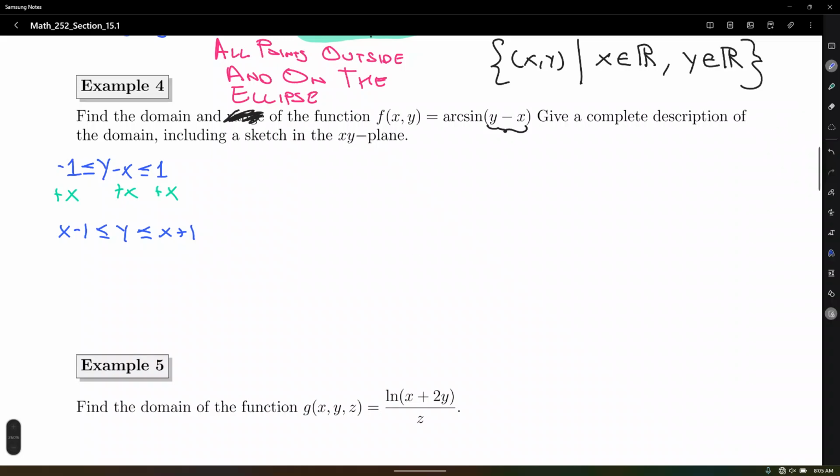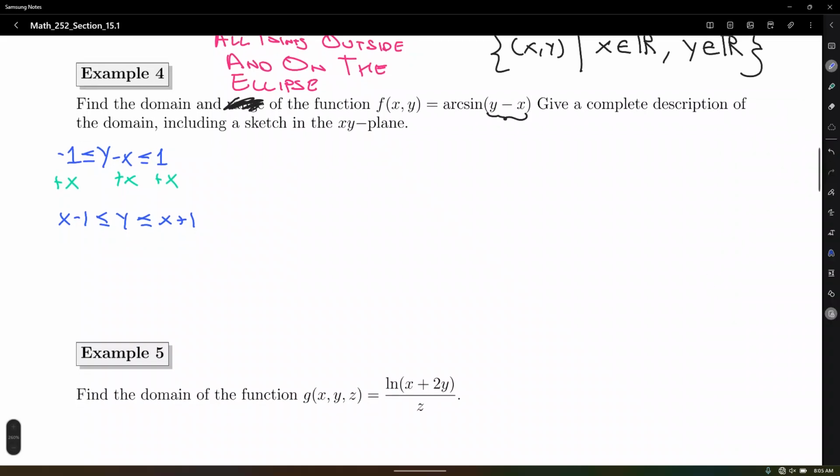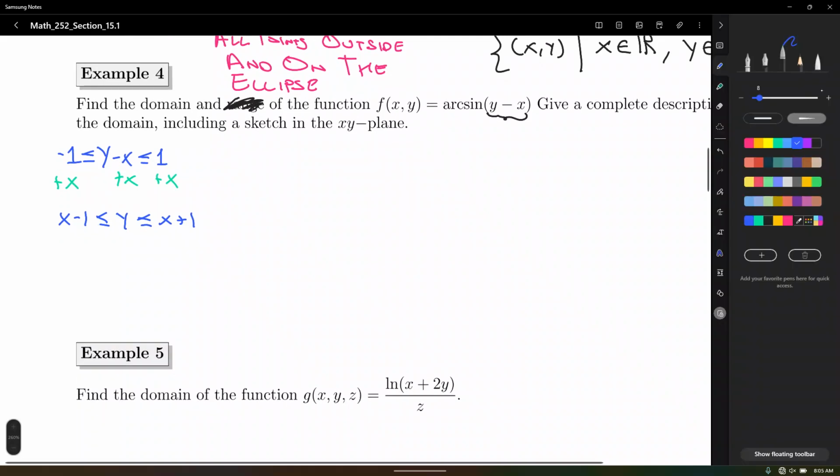Let's recall our theory of compound inequalities. Whenever you have a three-sided inequality, this means the same as solving x minus 1 less than or equal to y and y less than or equal to